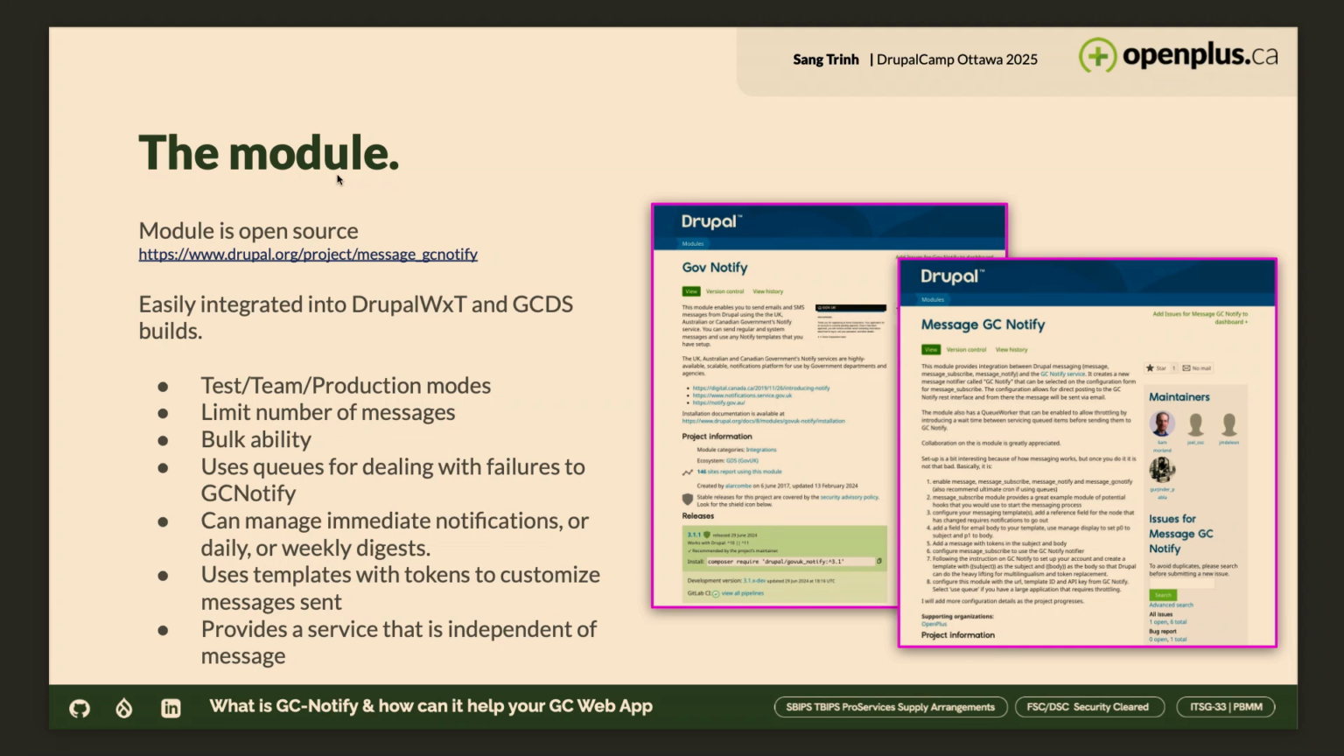Okay, the module. So, GC Notify is an interesting service. So you'll notice that there's two modules up here. One is Gov Notify, and the other one's Message GC Notify. For the Drupal geeks among you, you'll recognize Drupal.org. GC Notify, if you go there, you'll notice that it's UK government, and you'll notice that it